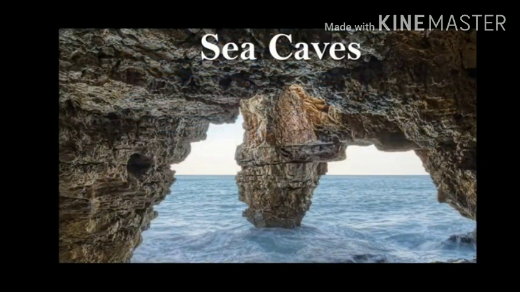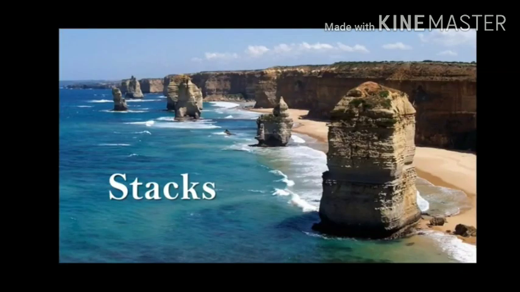Sea caves. Sea waves continuously strike at the rocks. Over time, the cracks become larger and wider. Thus, hollow-like caves are formed in the rocks. These are called sea caves. As these caves become bigger and bigger, only the roofs of the caves remain, thus forming sea arches. Sea stacks. Further erosion breaks the roof and only walls are left. These wall-like features are called stacks.